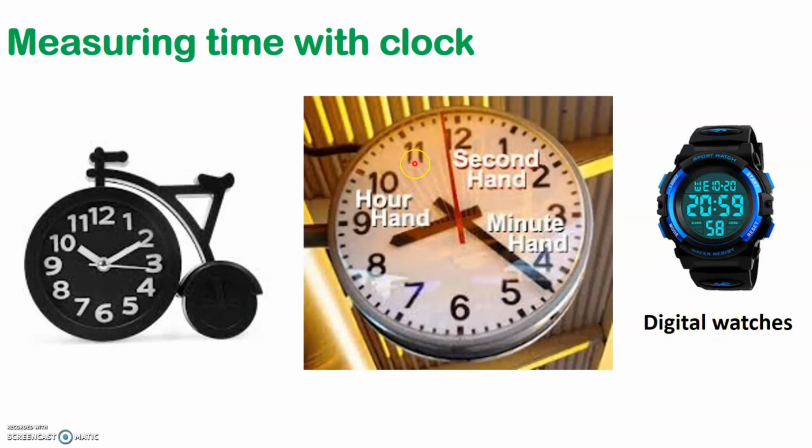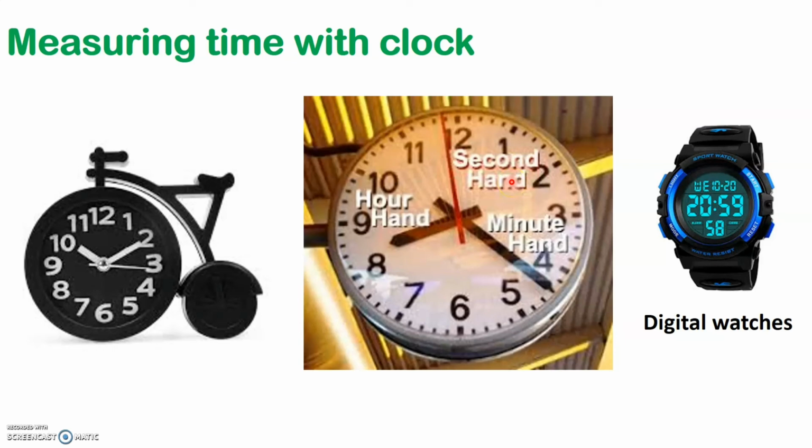But as you can see here, there are clocks that have 3 hands on them. Such clocks have an hour hand, a minute hand, and a second hand. As you can see here, the shortest hand in a clock is known as the hour hand because it is the hand that points towards the hour. While the longest hand in a clock is known as the minute hand. While this thin hand reads the seconds, and this thin hand is otherwise known as the seconds hand.